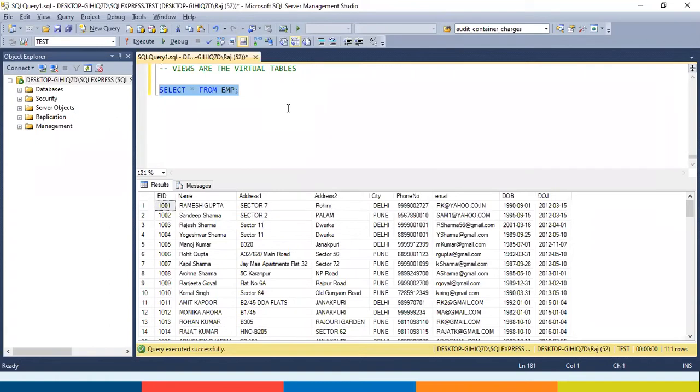Okay, sorry, let me put another example first. Suppose I want that a Delhi employee should not be able to see the details of employees from any other city. We have employees from Delhi, Pune, Gurgaon, etc. I want that the Delhi employee should be able to see the details only of the Delhi employees.